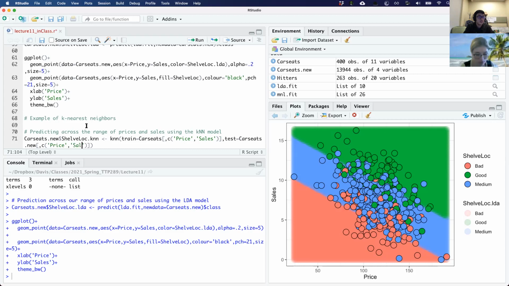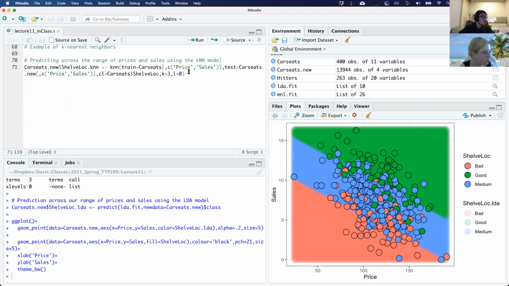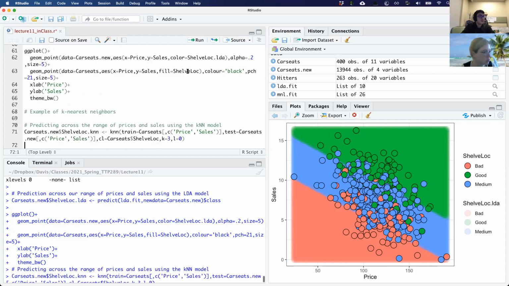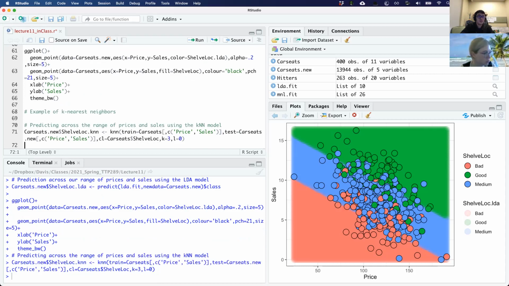Price and sales. So CL stands for class. This is your outcome variable, and it's a vector of your outcome variables. And let's just say k equals 3. So we're going to look at the 3 nearest neighbors. Don't worry about the L, you can always leave it at 0. So this runs the model, and then let's take a look at